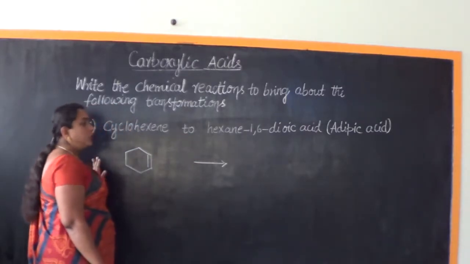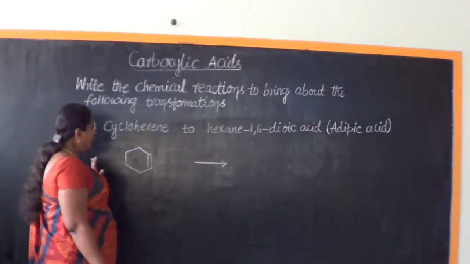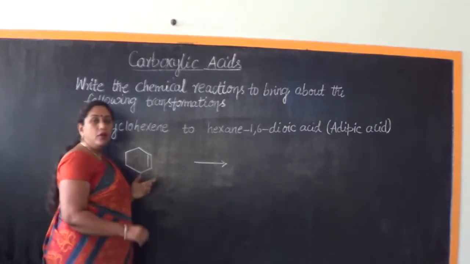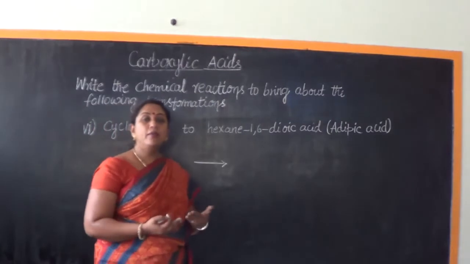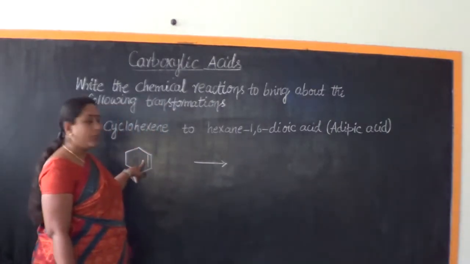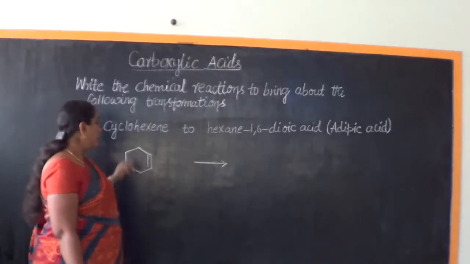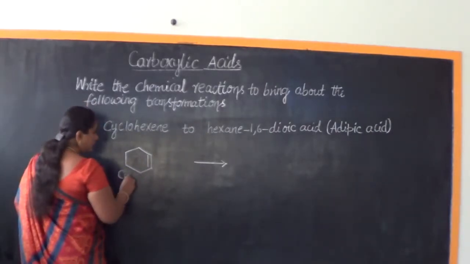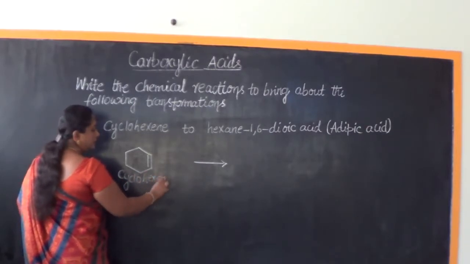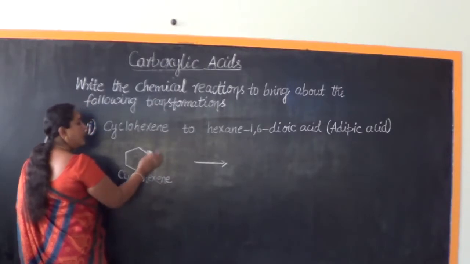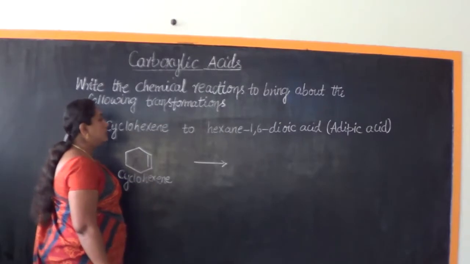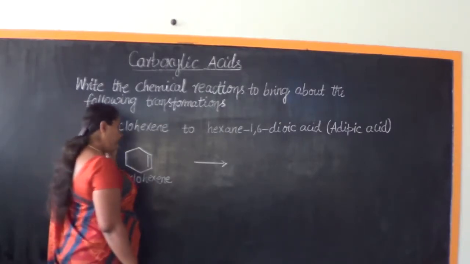That means we need to bring about the change not only in the structure here, we need to employ the mechanism where the ring opening reaction takes place, not just simply the breaking of this double bond inside the ring. So what is the name of the structure? As I already told you, it is cyclohexene. Carbon is there, hydrogen is there in the structure. What else do we need? We need the presence of O and then H.